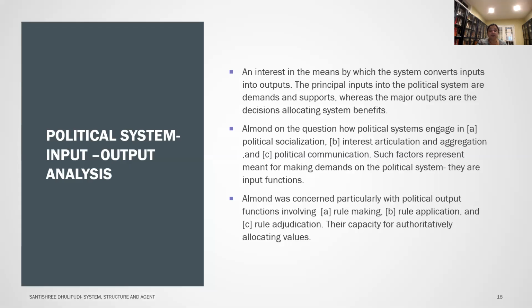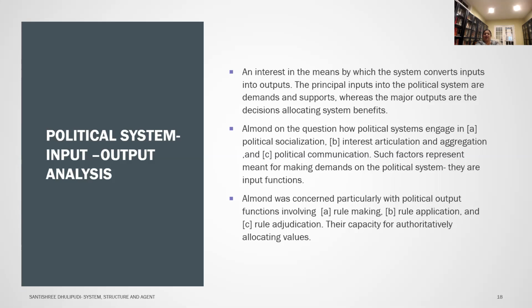Now, political system input-output analysis. There is an interest in the means by which the system converts inputs into outputs. The principal inputs into the political system are demands and supports, whereas the major outputs are the decisions allocating values and allocating system benefits. Almond asks how political systems engage in political socialization, interest articulation, interest